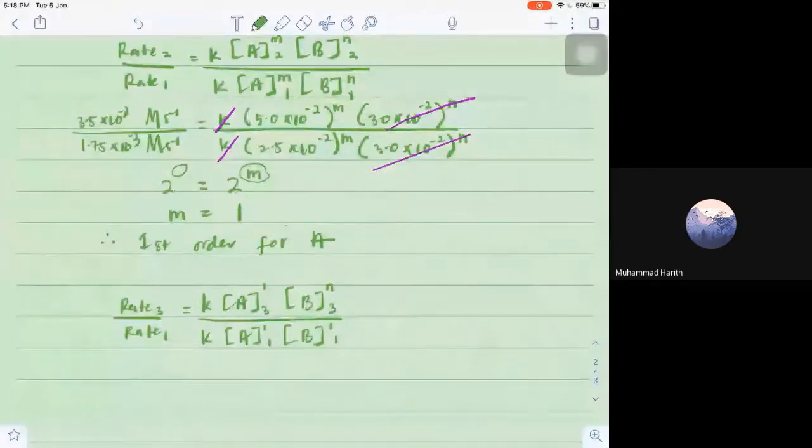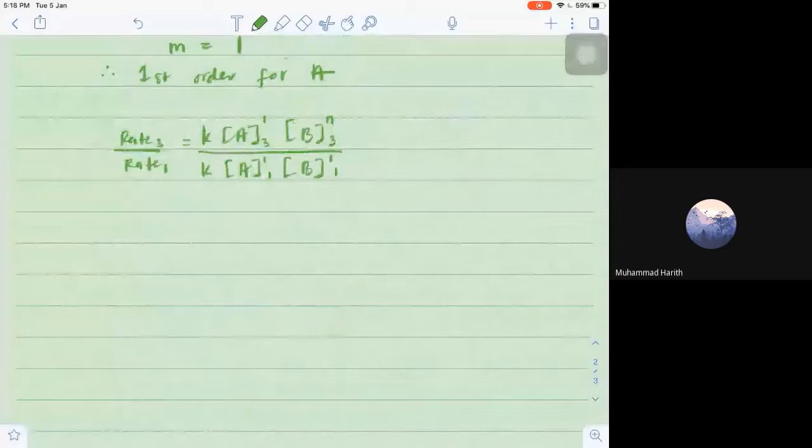Just plug in the values. Rate 3 is equal to 3.5 exponent negative 3 molar per second over 1.75